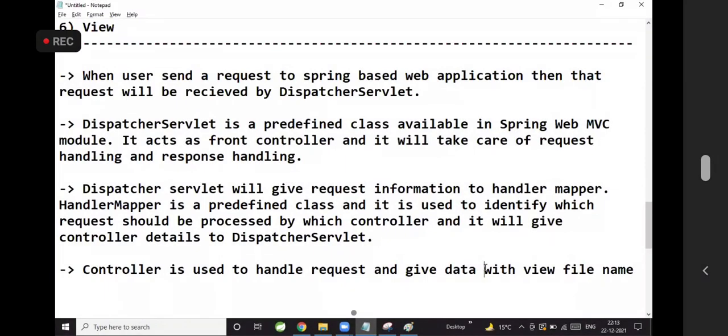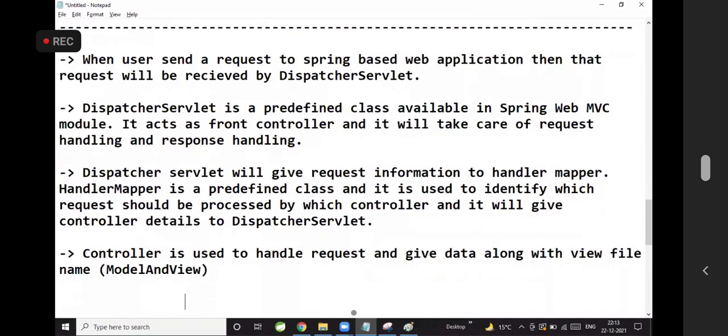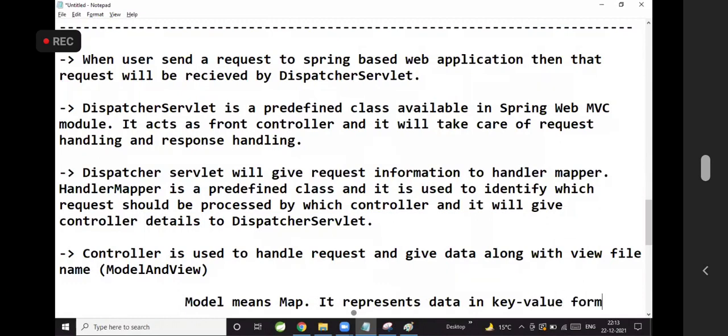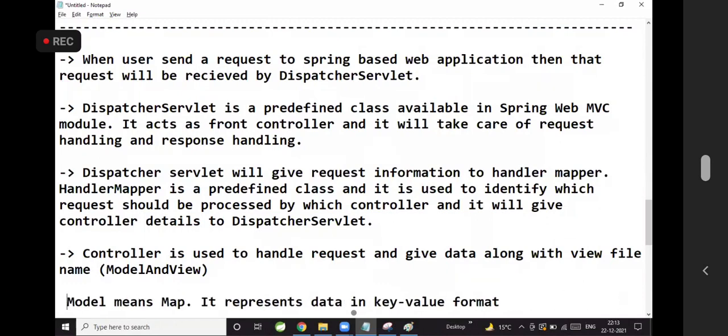Give data along with the view file name, which is called as model and view. Model means map. It represents data in key value format. Okay? Model means map. It represents data in key value format.